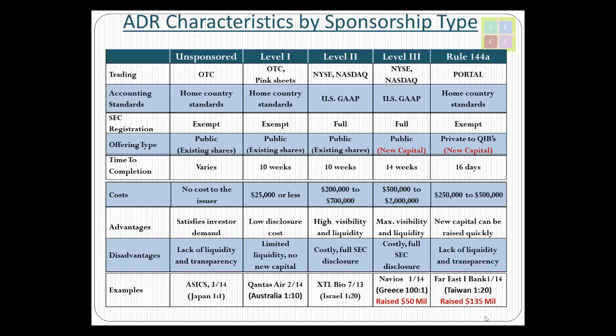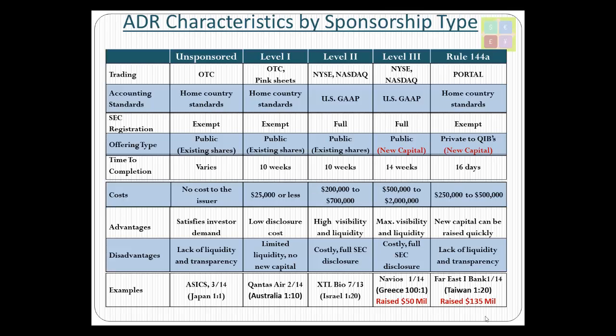Here are some of the examples of ADRs under each category. Under unsponsored ADRs, ASICS, which is a Japanese firm, its shares were used to issue unsponsored ADRs in March of 2014. Under level 1, Qantas Airways of Australia, under sponsorship level 1, ADRs of Qantas Air of Australia were created in February of